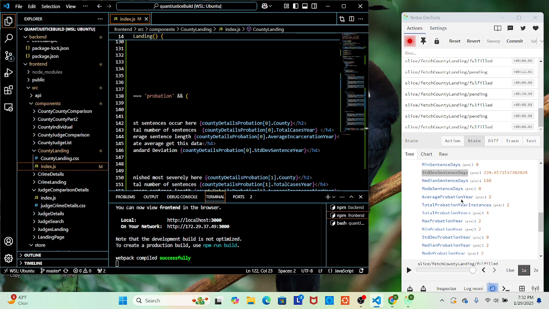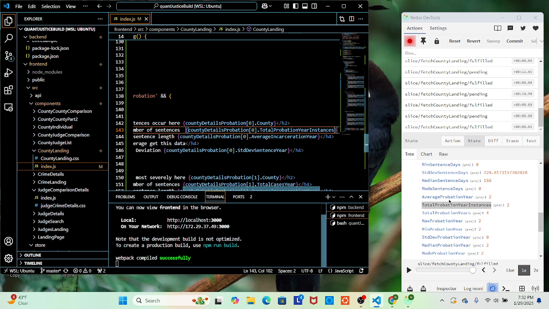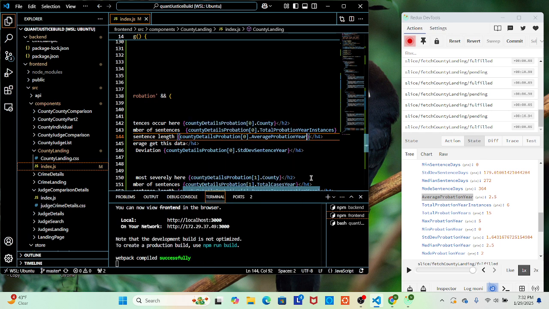County, total cases. Average probation year. Standard deviation. Probation year.